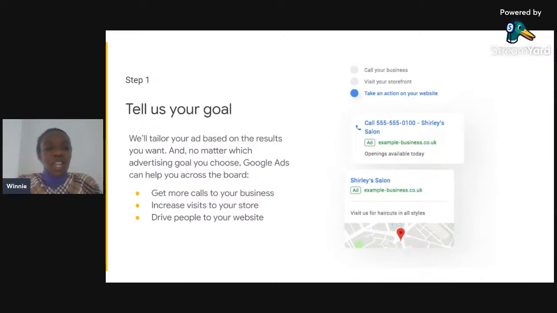That is why when we reach out to you to do your Google advertisements, we normally ask you, for example, where do you want your advertisements to go? What is your goal? We need to understand your business so that we know what is important to you. So make sure when you get that call, please receive it and be open about it, because we want to run the Google Ads based on what is important to you as the business person. All right.